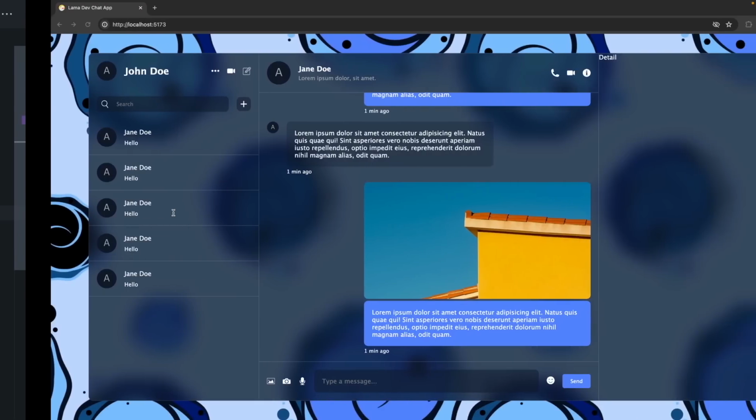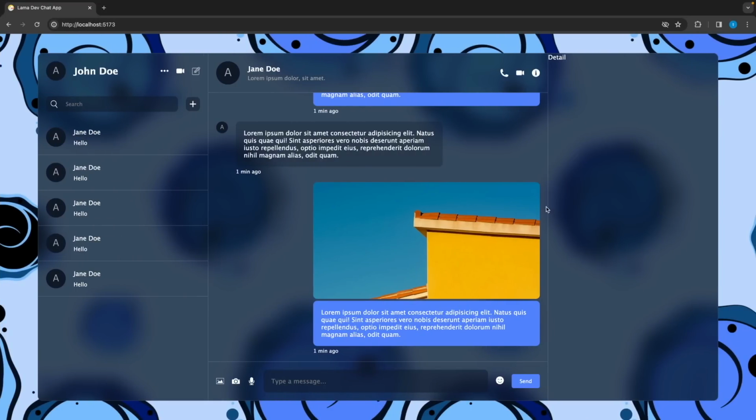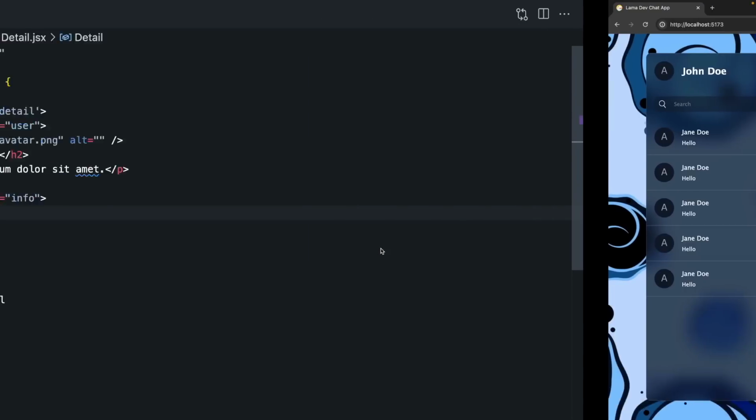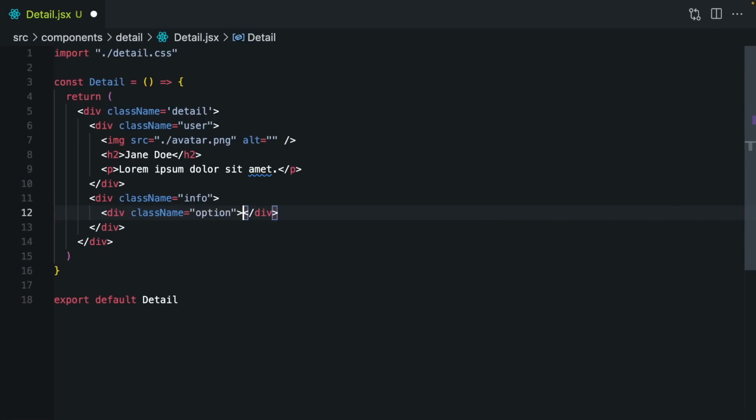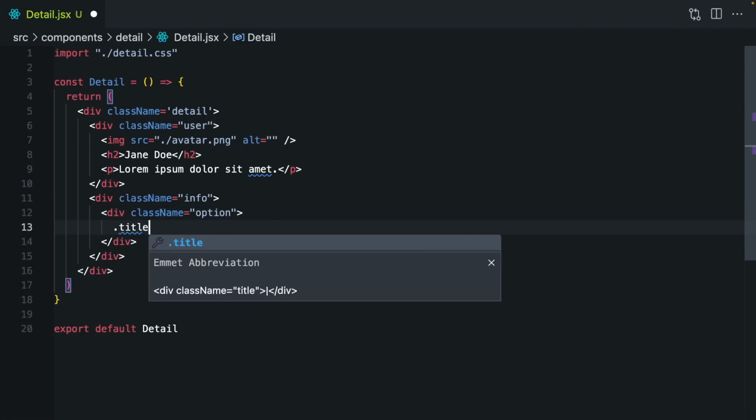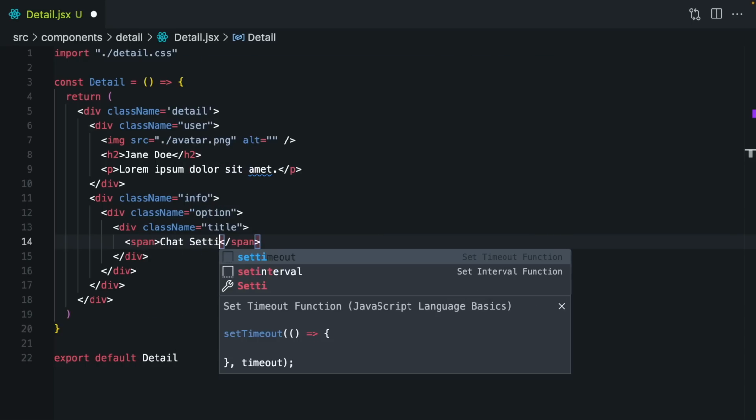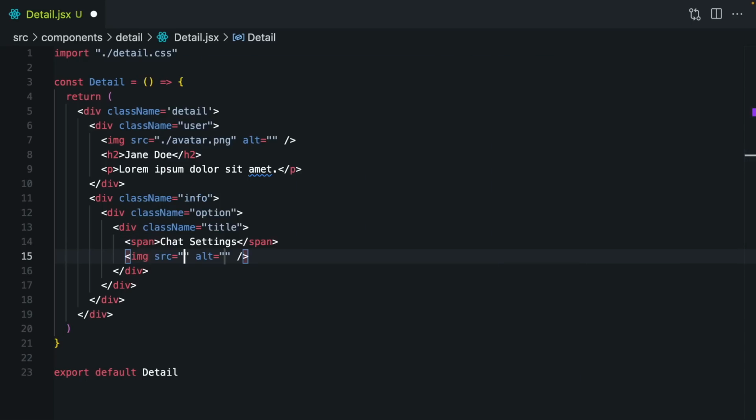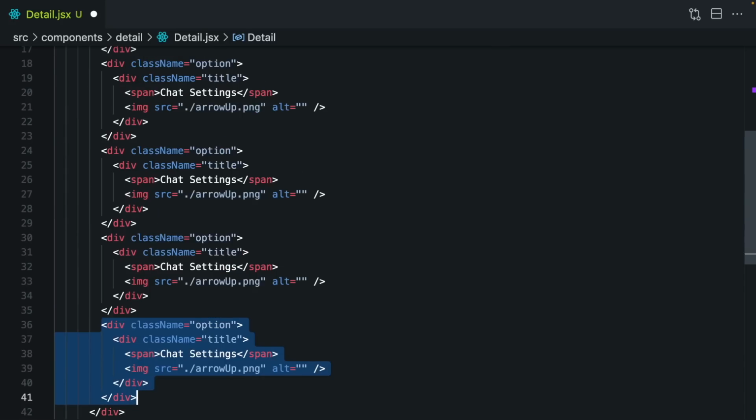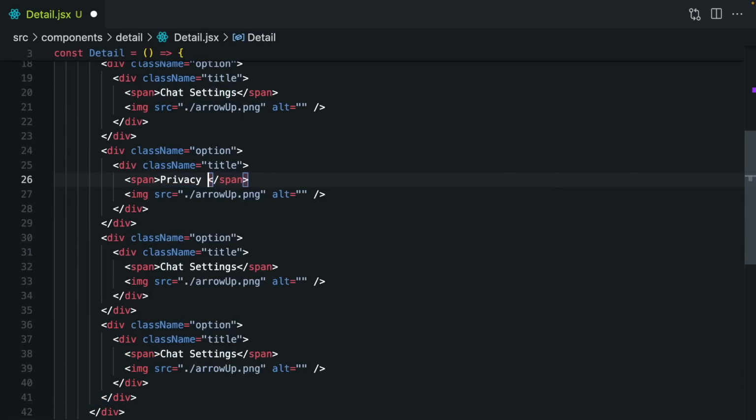Each option has a title, so we can show the title text on the left and the icon on the right. Firstly, I will say option, a title div, let's say chat settings, and the image, and it's going to be arrow up.png. Let's create some more. Privacy and help,